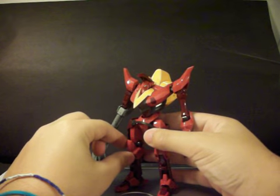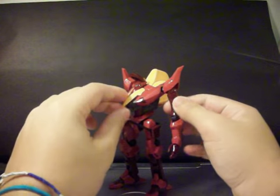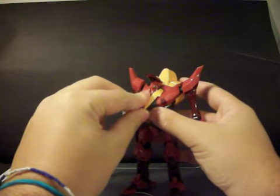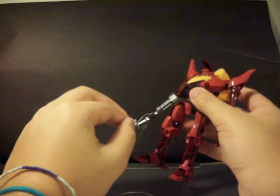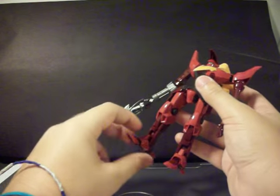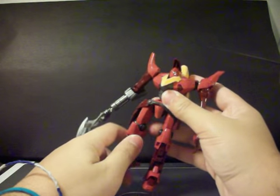This is a review of the 1/35 scale Guren Mark II from Code Geass: Lelouch of the Rebellion. This kit was released around 2007, I think about around the start of Code Geass R2, because Bandai got really late in the game with making these guys. It also came around the same time that the first 00 kits were being released, and you can see a few similarities between these and the